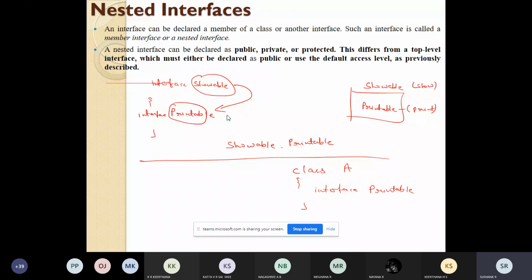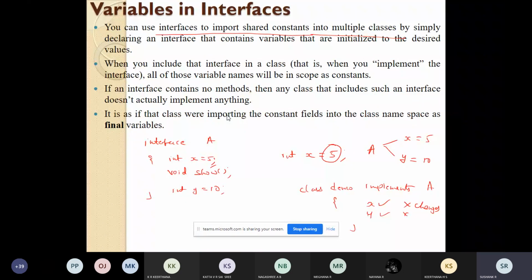Here we just need to know how to access them: the outer class name dot interface name, or outer interface dot inner interface name. And the third is variables in interface. You create variables inside an interface by giving some values. After that you can use those values inside the program or inside the classes. But if you try to modify the values, you will get an error.